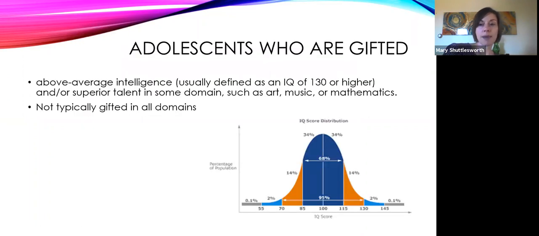All right, so let's talk then about adolescents who are gifted. So this is our other end of the spectrum here. We've talked about learning disabilities. Now we're going to look at adolescents who have an extremely high IQ, so considered to be gifted. When we talk about intelligence, we usually talk about IQ, which is that intelligence quotient. Remember that that is one number that is supposed to symbolize your overall or global level of